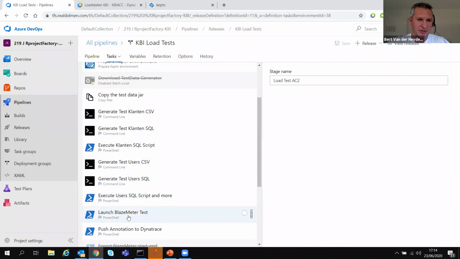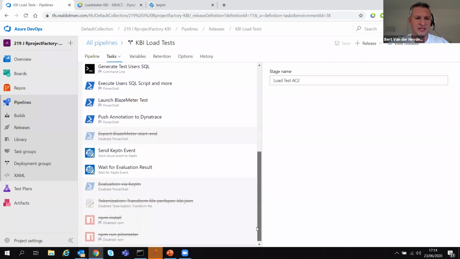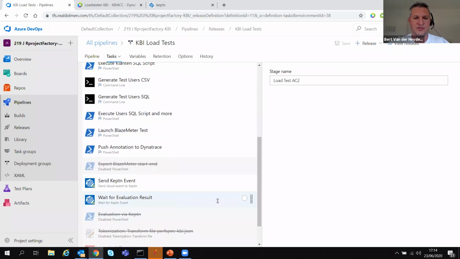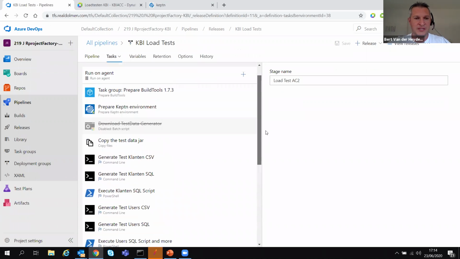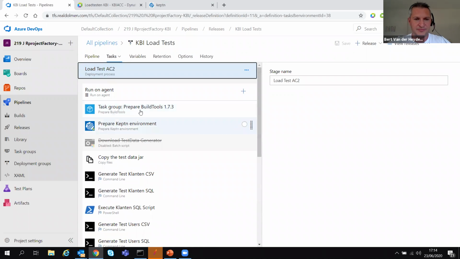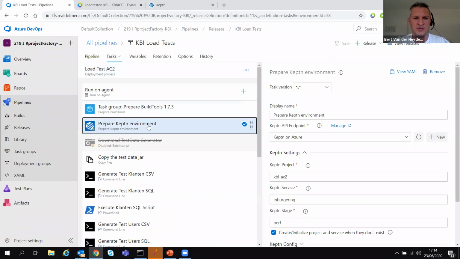So that's an important part. Then all this before is to prepare some data, some test data. So we always execute the same scenarios, but on new data. So we first freshly generate data, then we launch the test, and in the end, we actually wait for the result. Now, when we look at this, you might see that the first thing we actually do is prepare the